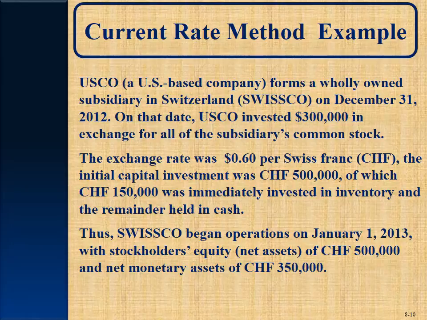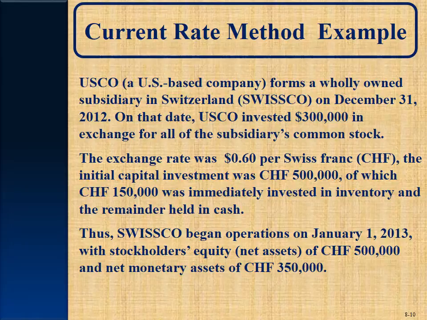On that date, the United States parent invested $300,000 in exchange for all the subsidiary's common stock. So they gave the Swiss company $300,000. The exchange rate was 60 cents per Swiss franc. So 1 Swiss franc equals 60 cents US dollars. So that would have equated to 500,000 Swiss francs, which